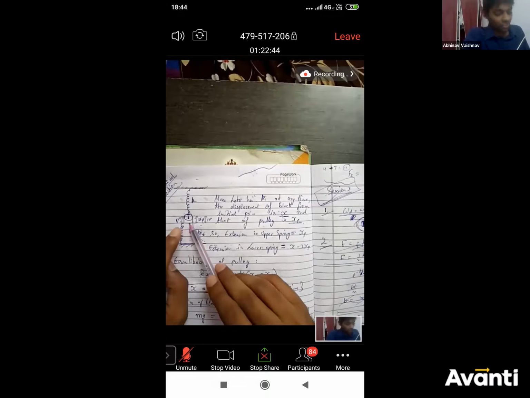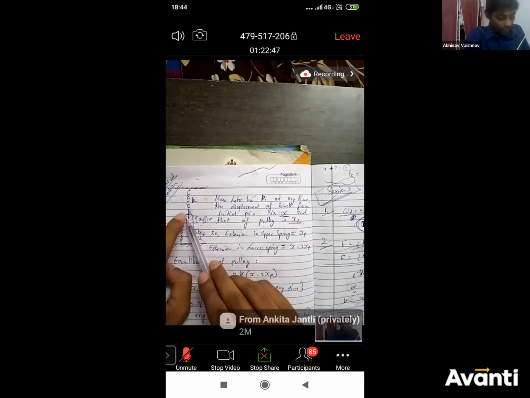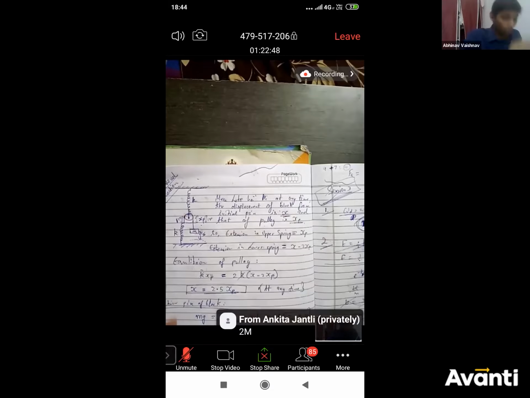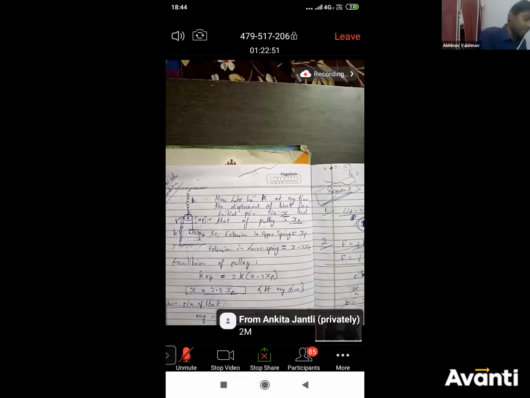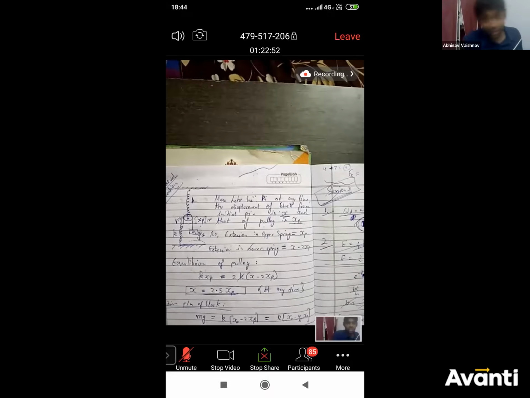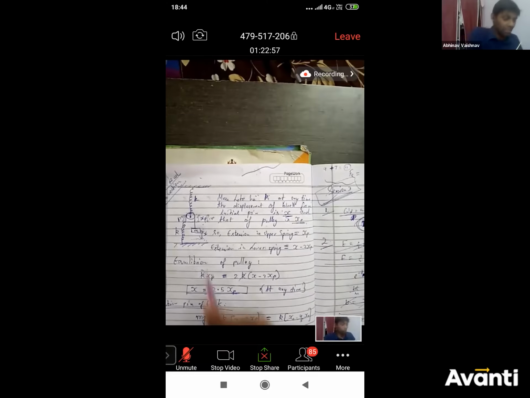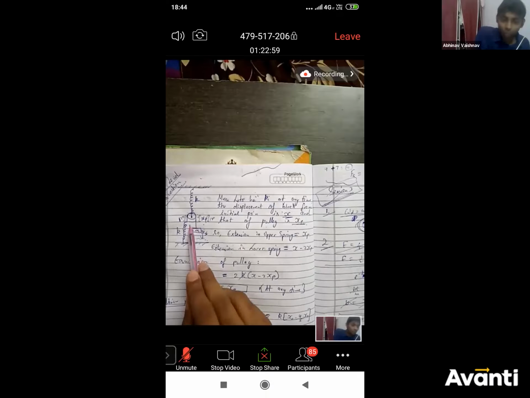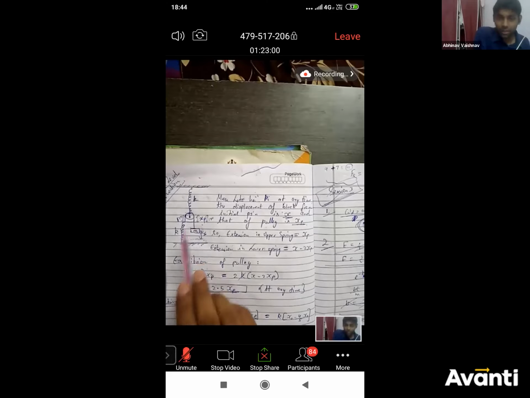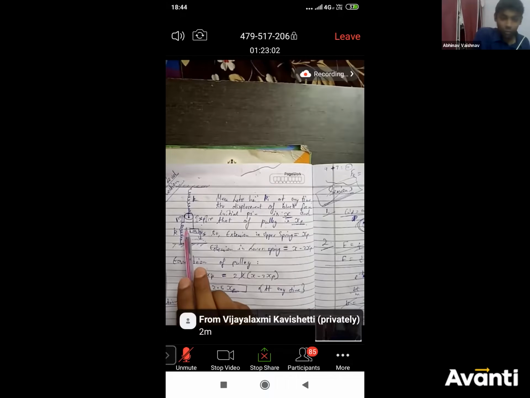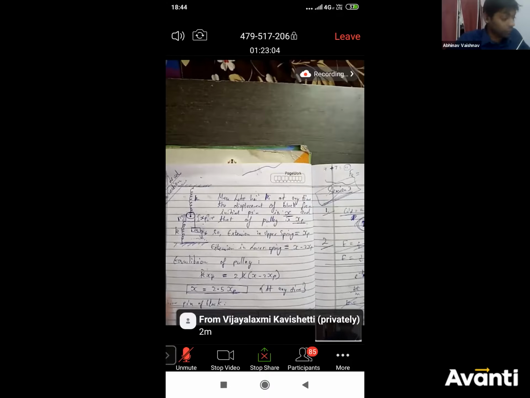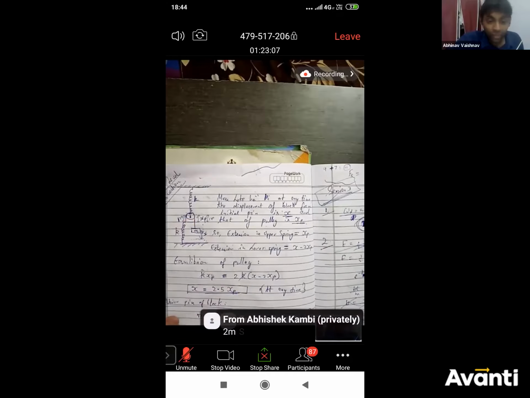Is this thing clear? Are you able to understand this? This is important to understand. If the pulley comes down, the spring on the left side of the pulley and the spring on the right side of the pulley both decrease by 1 meter. So the total decrease in length of this spring is 2 meters. Quickly tell yes or no. If this goes down by 1 meter, then the total length will decrease by 2 meters.